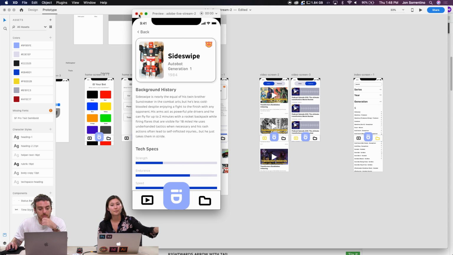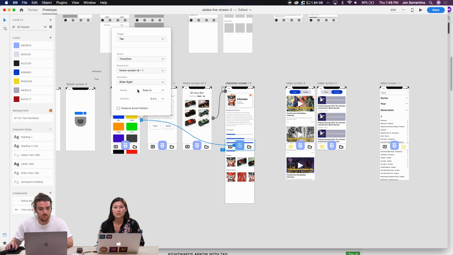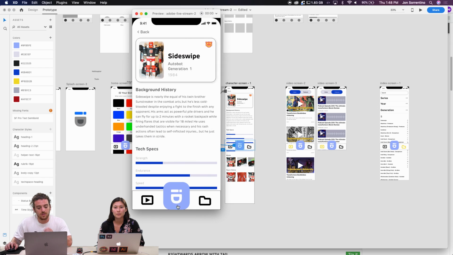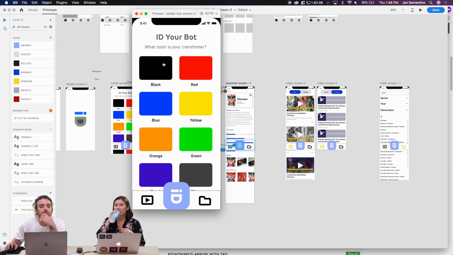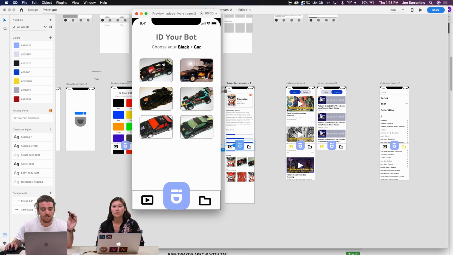Nice. I also want to make this page click back to our home page, because then I'm going to walk through this. When you're here, if you find a Transformers robot you don't know, we're going to go through this process. Our Transformers bot is black. It is a car.